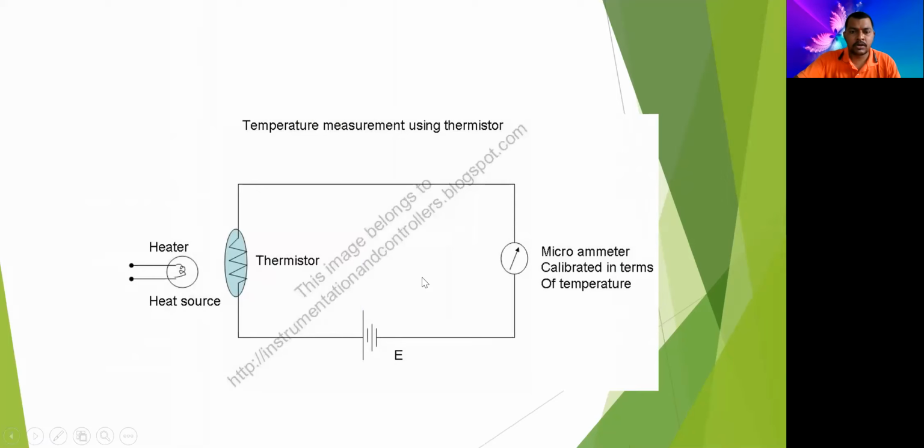Unfortunately, we are not able to do the practicals. You might have seen this actually, and you might have worked on these practicals, so you have missed that. So this is the temperature thermistor. Here we have connected this thermistor. It is the symbol of a thermistor, a resistance with a circle, and this is a heater source. Then it is connected to a voltage source, which implies that it is a passive type of transducer, and we have connected it with a microammeter, which shows what current is flowing through it. So as you increase the temperature, automatically the resistance varies. Resistance might be increasing or decreasing.